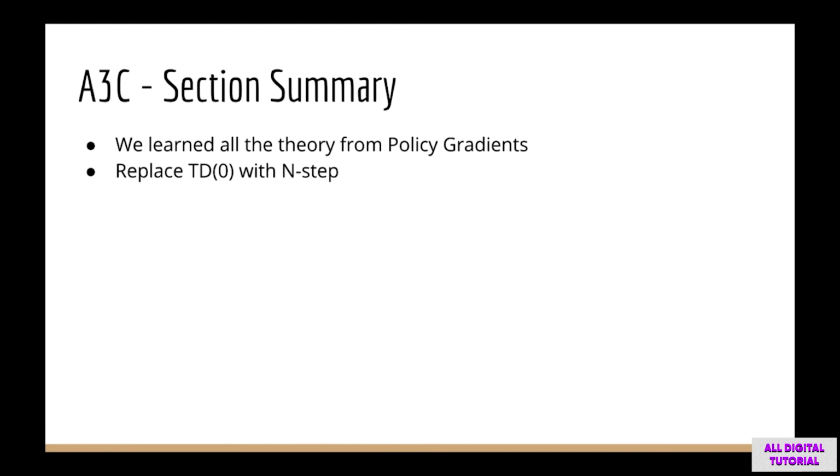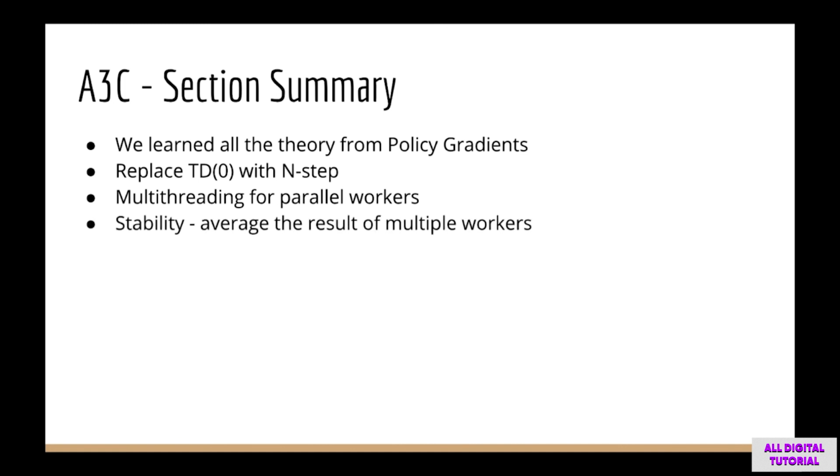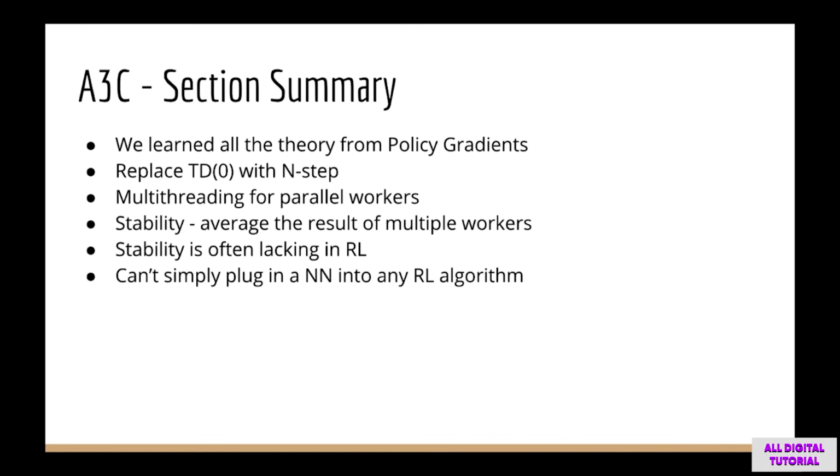To recap, we learned how we could have a bunch of workers learning in parallel by using multi-threading. In terms of theory, this allows us to add stability to the training algorithm because we're essentially taking the average result from a bunch of different random episodes. You hear that word a lot in reinforcement learning. The concept of stability is very central. This is mostly because stability is what is lacking. That's why we can't simply plug in a neural network into a Q-learning function approximator and expect it to work.